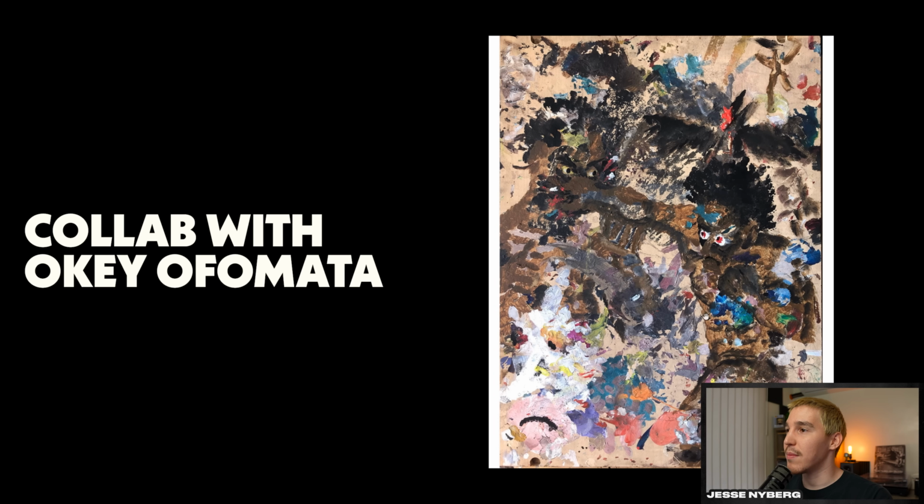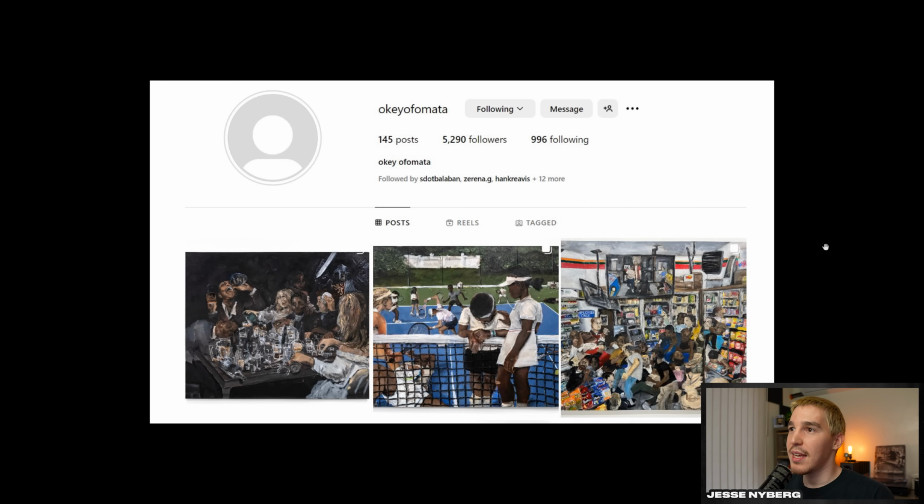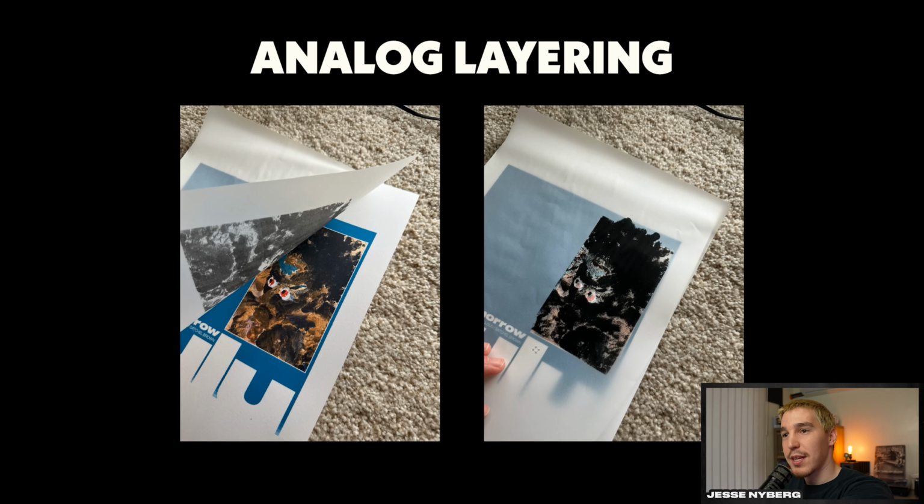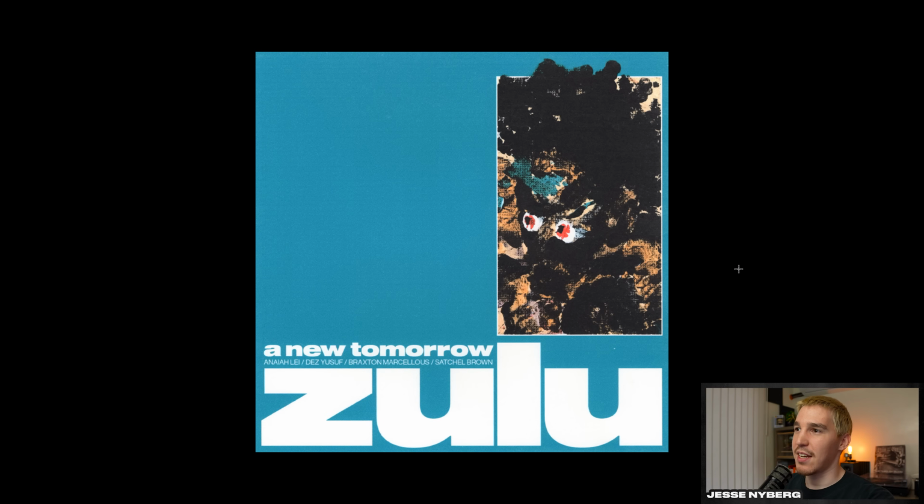And he sent me some old paintings that he did that I could use for this project. So here's the original, and if you want to check out his paintings, they're awesome. It's the homie, so go check him out. For this one, I had the original painting printed out, and then put it into this shape right here, and then did a bitmap layer of dark black over top and layered it similar to the Endit design, so it would put emphasis on that shape and really darken up these blacks and